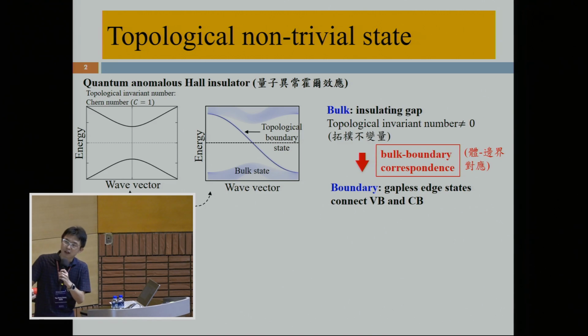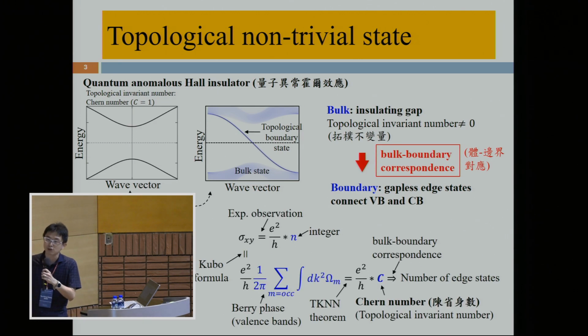In this example, our topological invariant number, here the Chern number, is C equal to 1. You can see there is a gapless topological boundary state that connects the valence and the conduction band within the bulk gap region. So in this case, no matter how you tune the value of the Fermi energy within the bulk gap region, you always pass through the gapless topological boundary state. This behavior is the hallmark of topological phases. And most importantly, this gapless boundary state is experimentally observable. So let's see their relationship.